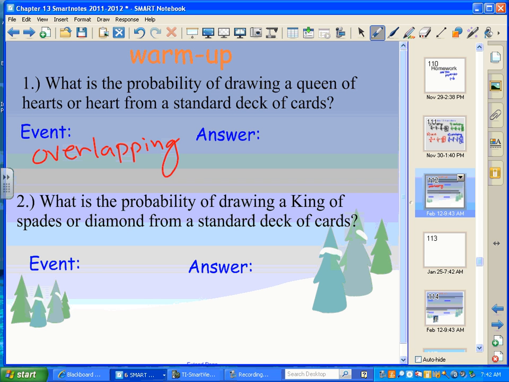They're both a heart. So can someone tell us what we're adding and subtracting? Mary, what are we adding and subtracting? Okay, can you explain to us where you got the minus 1 over 52? Good. They have one thing in common. There's one king or one queen that's a heart. So queen of hearts and hearts have something in common. So we get 13 over 52, which can be reduced. So Jeremy, our reduced answer is,